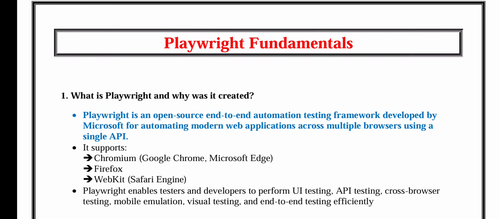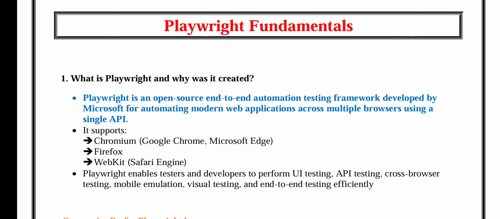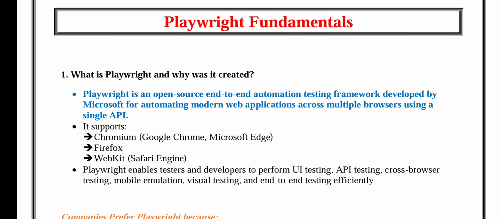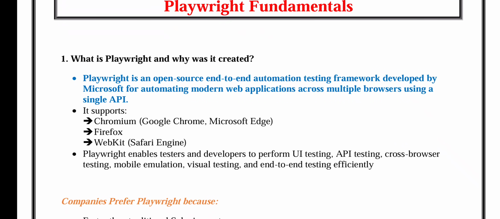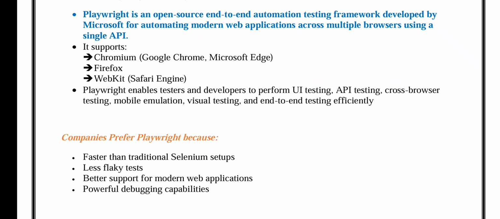Okay, initially let's discuss the concepts about Playwright fundamentals, starting from what is Playwright and why was it created. Playwright is an open source end-to-end automation testing framework developed by Microsoft for automating modern web applications across multiple browsers using a single API. It supports Chromium, Firefox, and WebKit. Playwright enables testers and developers to perform UI testing, API testing, cross-browser testing, mobile emulation, visual testing, and end-to-end